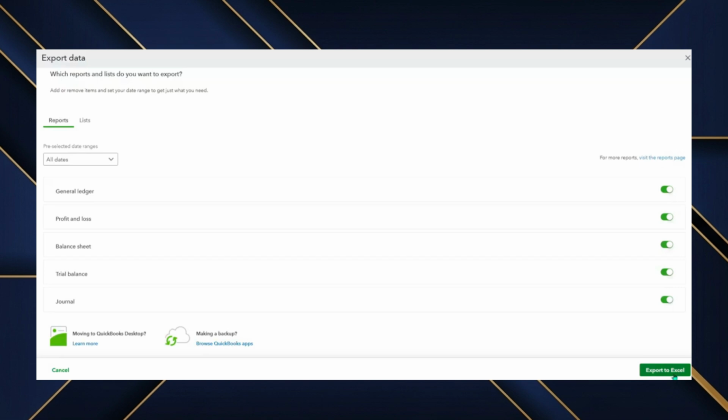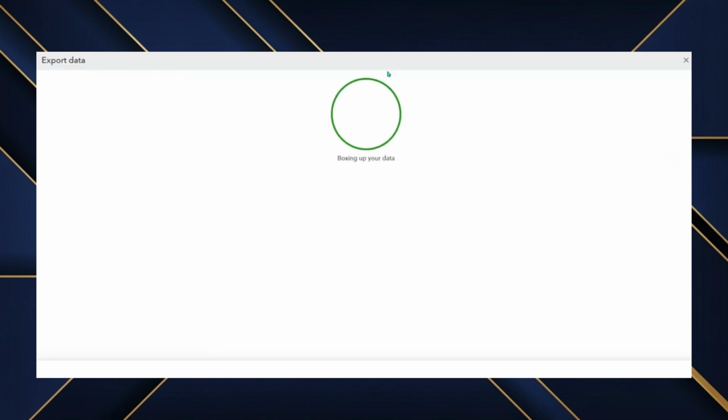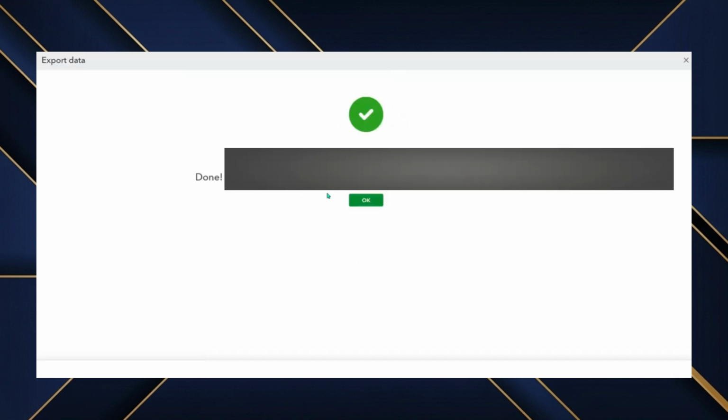Click Export to Excel and QuickBooks will download the file. If you picked multiple reports, it may download as a zip with separate spreadsheets inside. Save it with a clear name, open in Excel, enable editing if prompted, then quickly cross-check totals and dates against